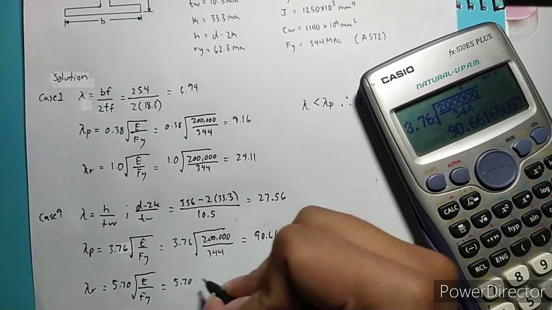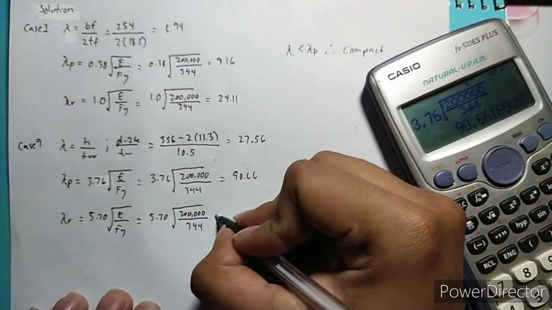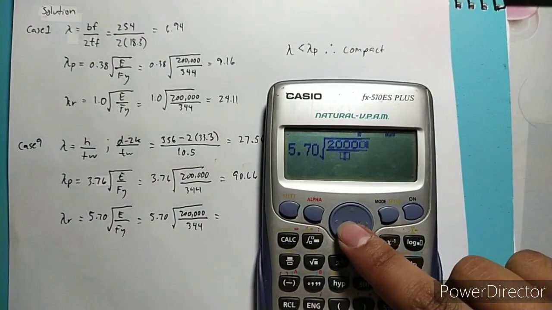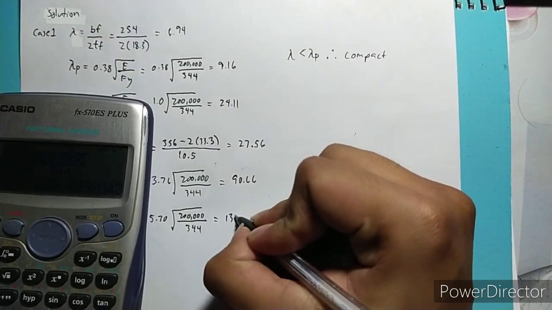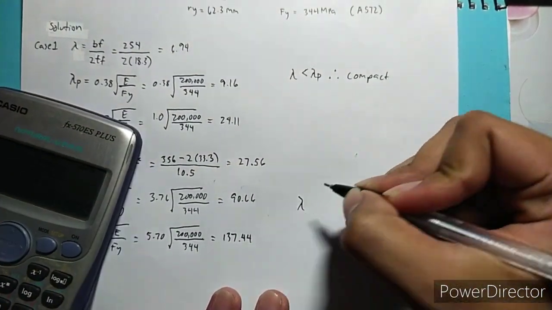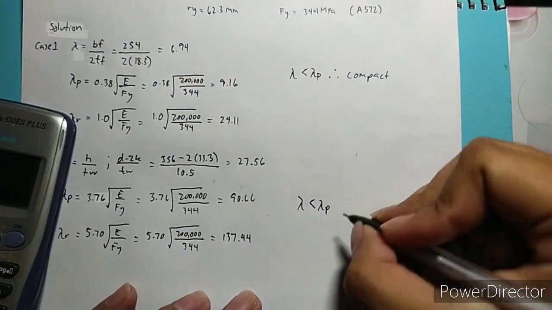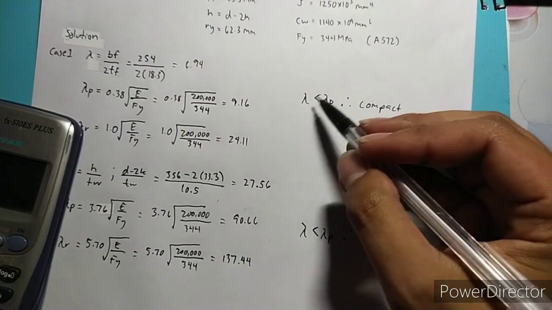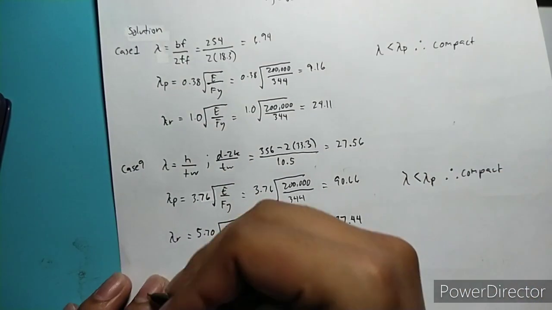So, 5.70 square root of 200,000 over 344 equals 137.44. So, here lambda is less than lambda P, which means the web is compact. So, for a compact section,